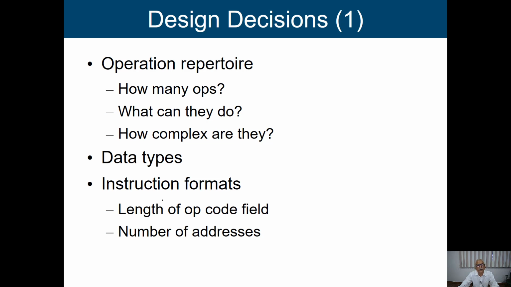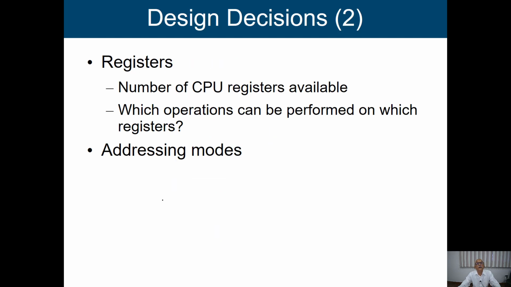Along with that you have to freeze the instruction format. Already I have mentioned, first you are going to find out what the instruction set is, how many instructions you are going to keep in your processor, and what the data types are, on which those operations are going to work, and after that you will come to the format. What is the instruction format that you are going to keep? That means what will be the length of your opcode field, how many addresses you are going to give, all those issues have to be resolved.